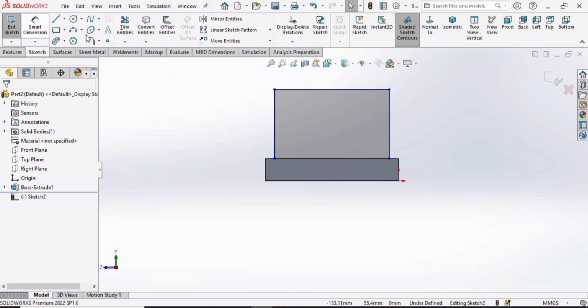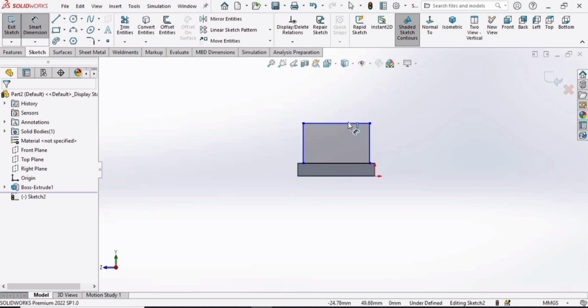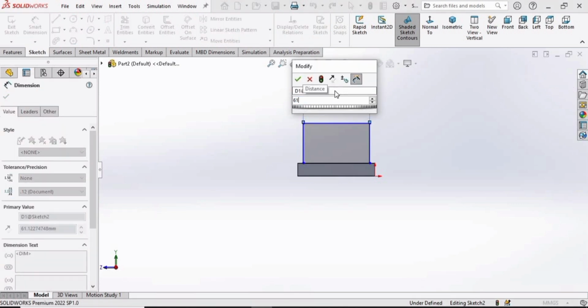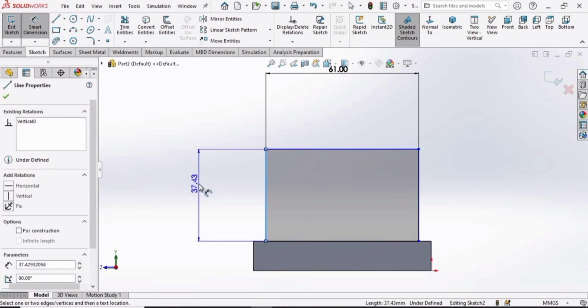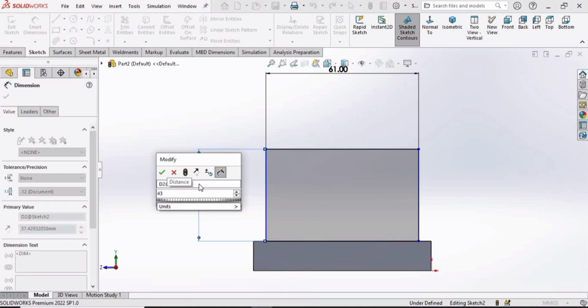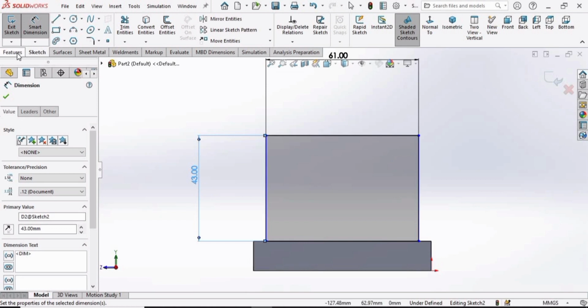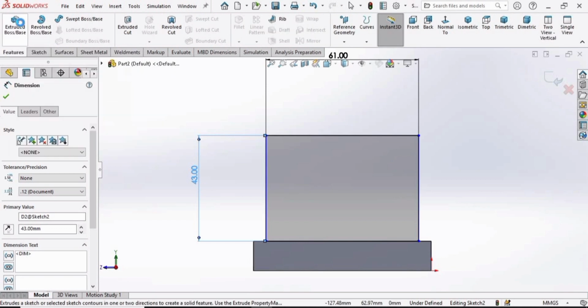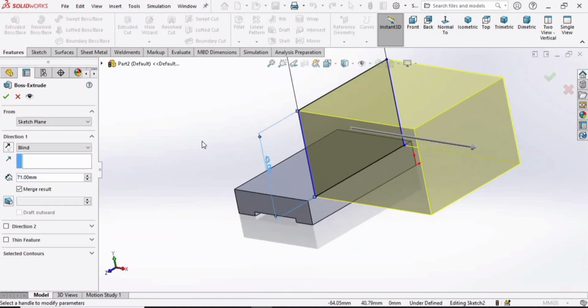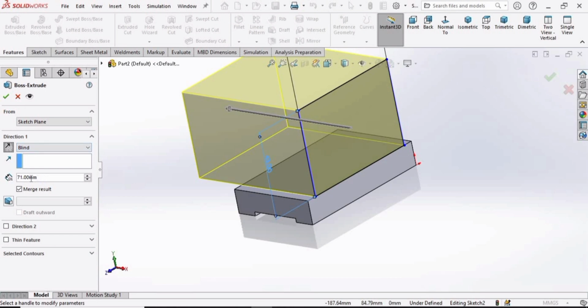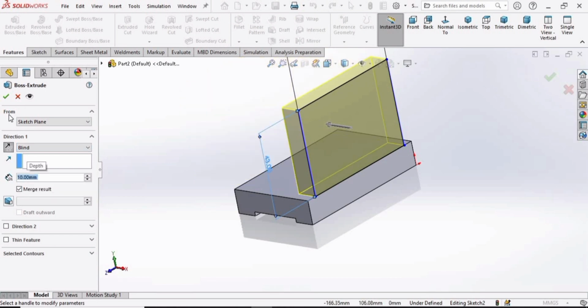Press the escape button. Now select the smart dimensioning tool, specify the length of this line as 61 and specify the length of this line as 43. Now go to features, here select extruded boss base and now change the direction from here and here specify 10 millimeter for extrusion